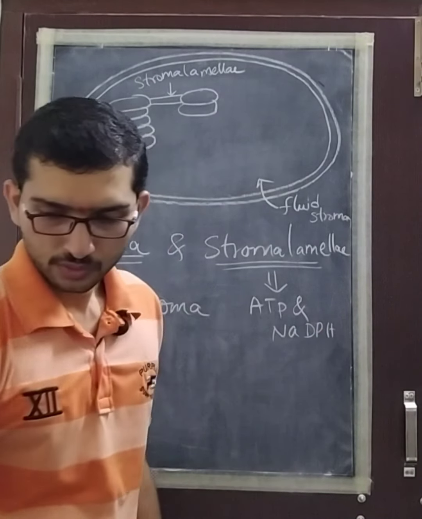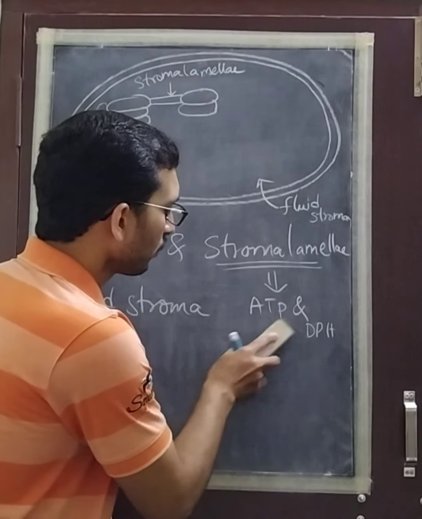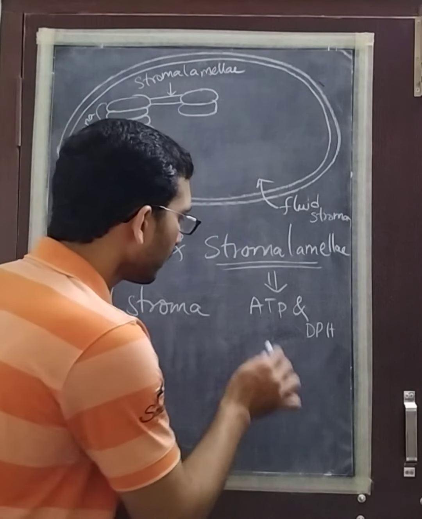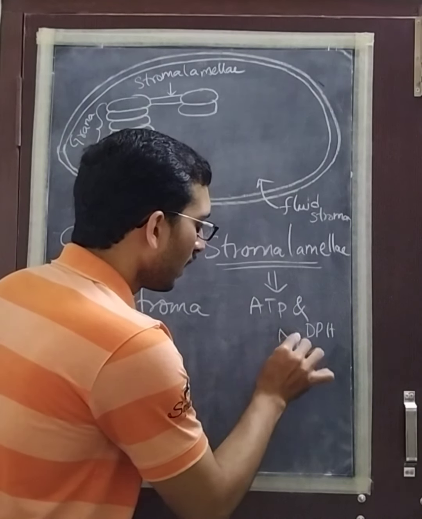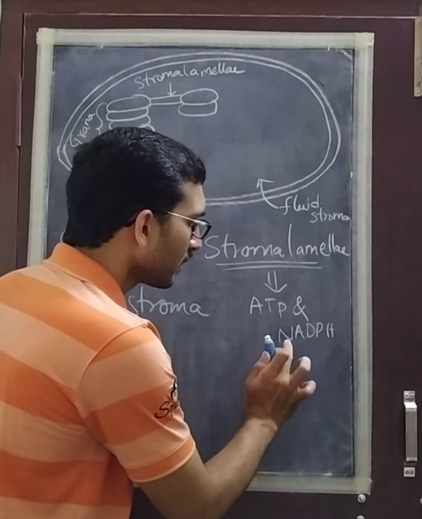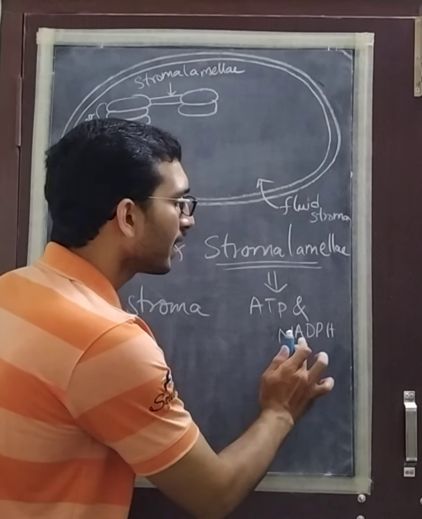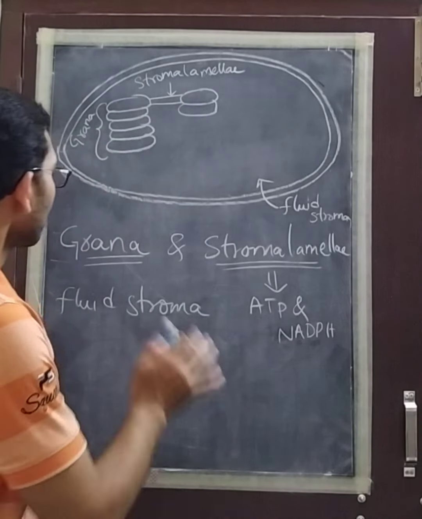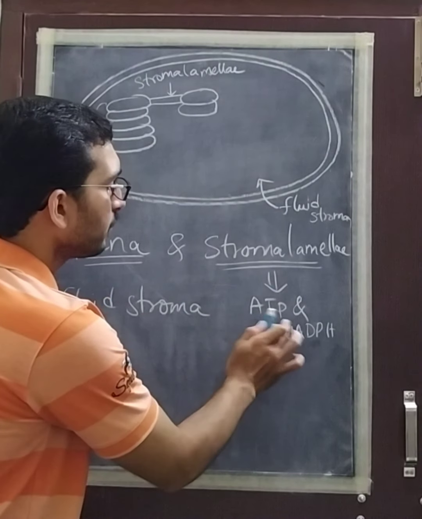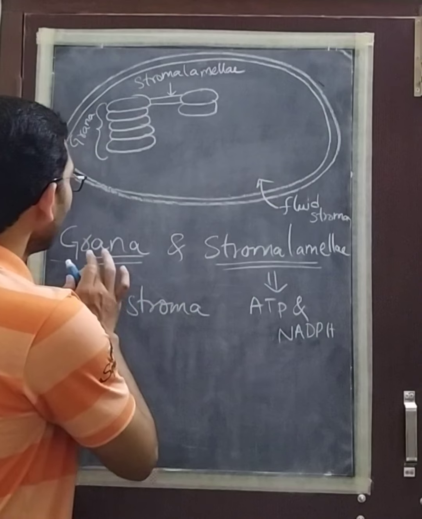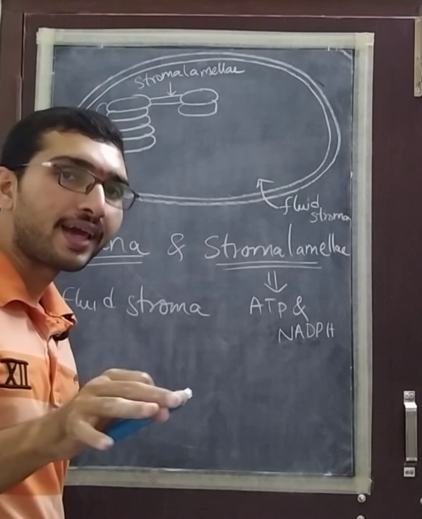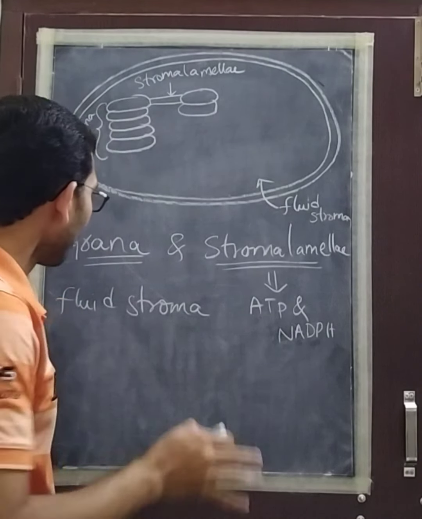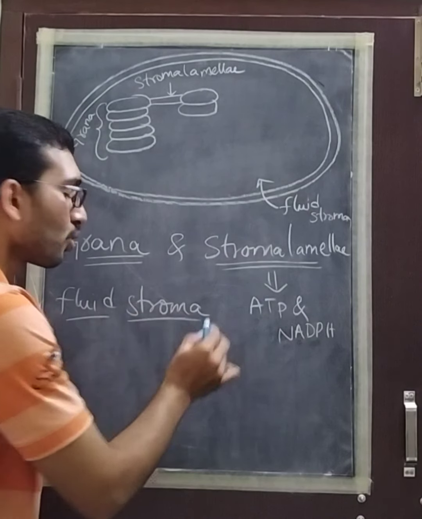We know the full form of ATP, right? That is adenosine triphosphate, and NADP means nicotinamide adenine dinucleotide phosphate. So in the presence of light, ATP and NADPH are made. That is the light driven reaction,